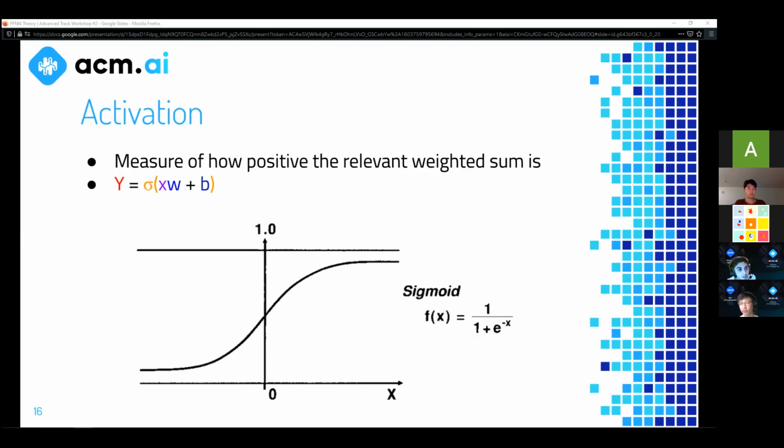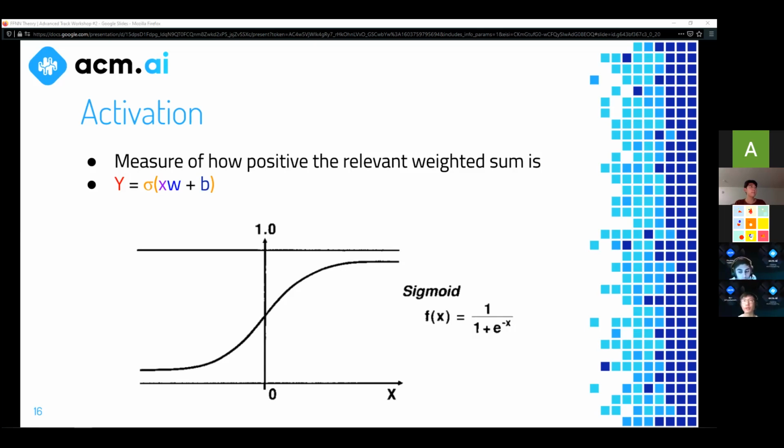A lot of times it also makes sense when we're talking about binary classification tasks, right? If this is your output layer and you're getting a value above 0.5, then that could mean to the model, yes, I'm affirming that this is a cat, for instance. And if it's below 0.5, the model is saying, no, this is not a cat. So there's always that threshold to think about when we're looking at the activation function.